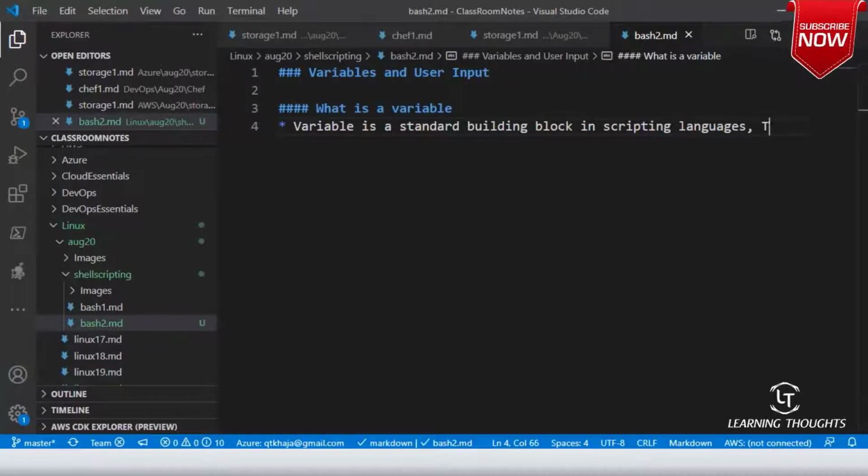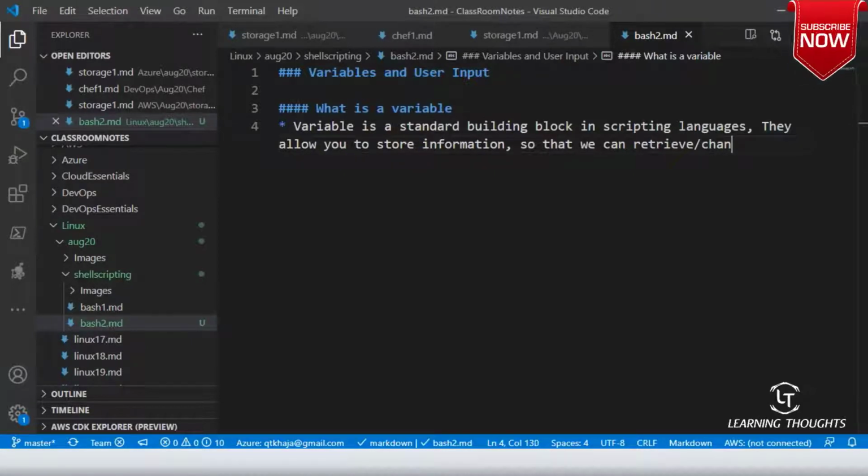They allow you to store information so that we can retrieve or change it multiple times during the execution of the script. That's it. This is basically what a variable is.